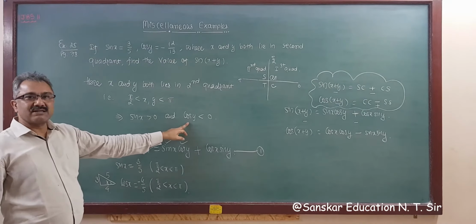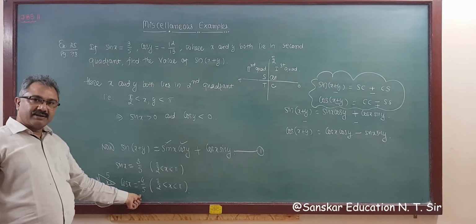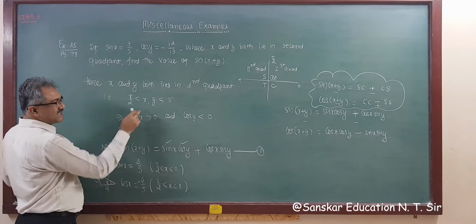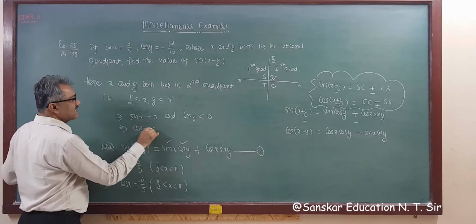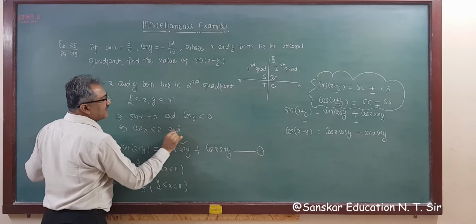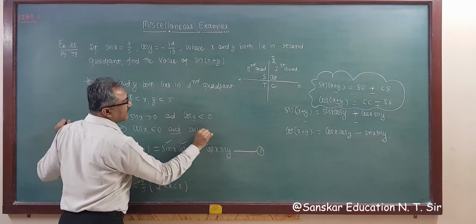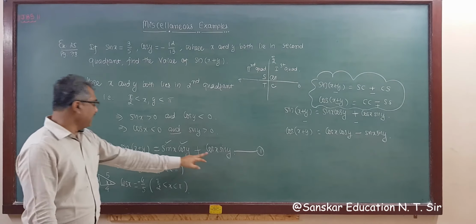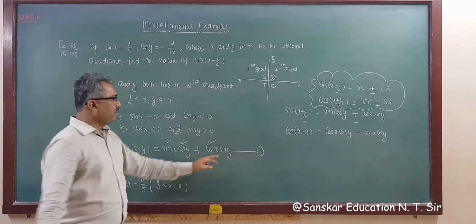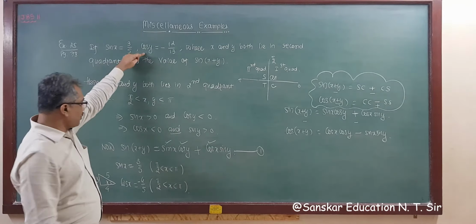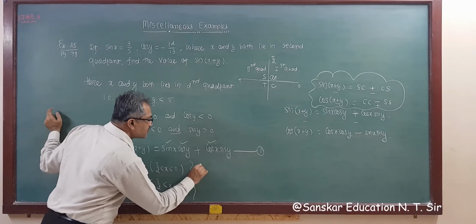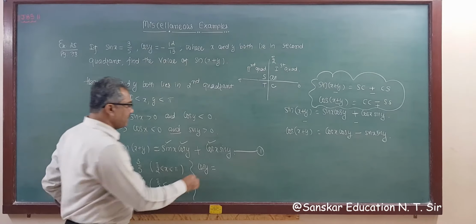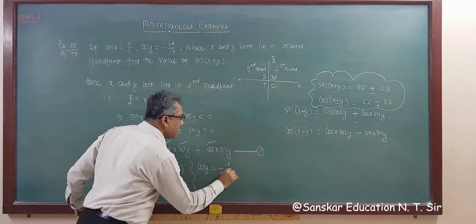So we are applying this, cos negative here also. So cos x is negative because of the second quadrant. So cos x is less than 0 and sin y is greater than 0. Now we get cos x. Now we require sin y. It is given cos y. So here cos y is given, cos y is minus 12 by 13.